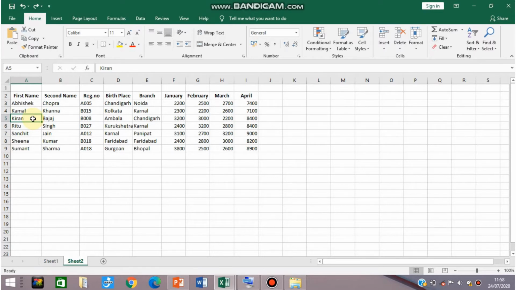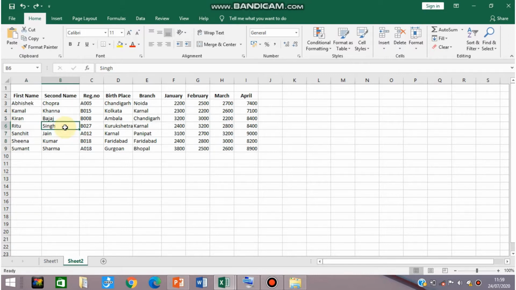Click on the first cell of that range, and then keeping your mouse button pressed continuously, drag your mouse pointer till the last cell of the range you want to select. After dragging it till the last cell, release your mouse button, and you will find that you have selected the particular range of cells.